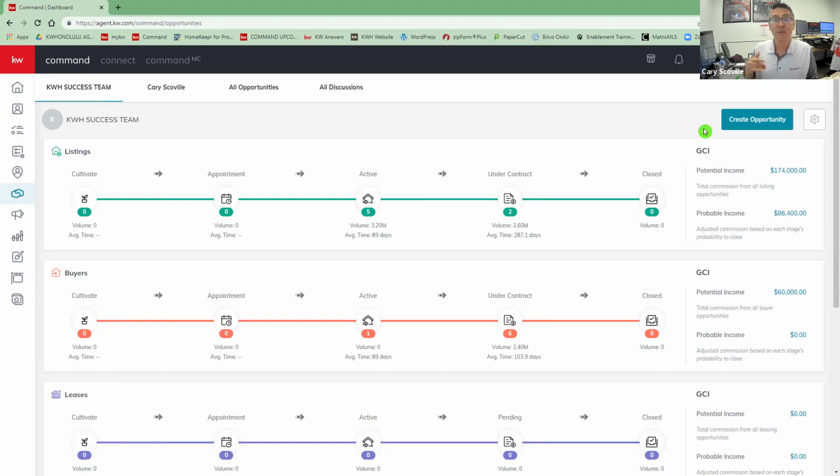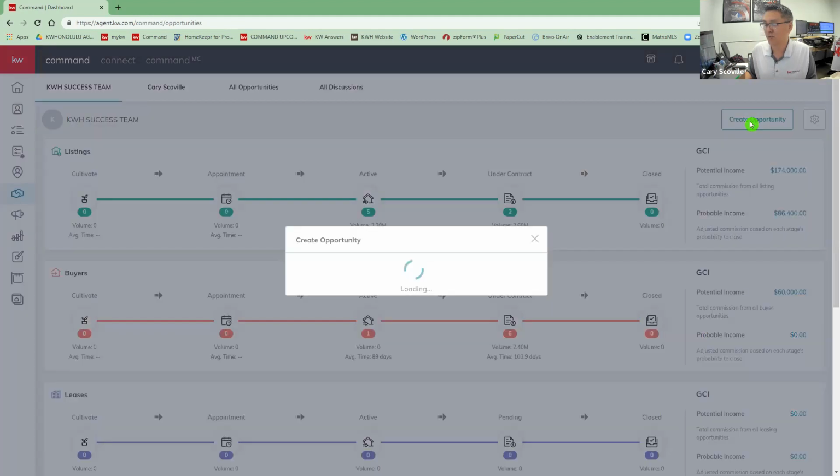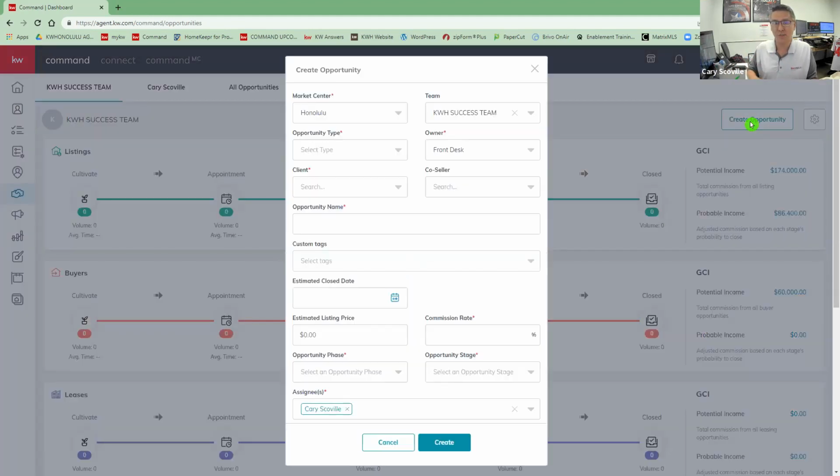And so, of course, you can start with the contact, but we're looking at this opportunity applet. We're going to say create opportunity. You see a drop down. And as we go through this, please make sure you get some hands-on work yourself and let me know if I'm going too fast. But you'll see the dialog box come up. In here, we're going to say, and it doesn't matter which one you use for this test, buyer or seller, right? We're just going to say in this case, listing.